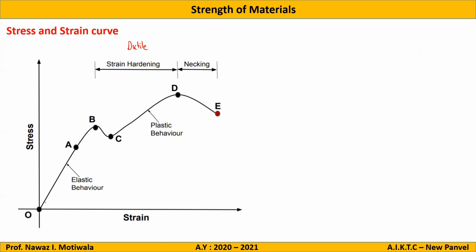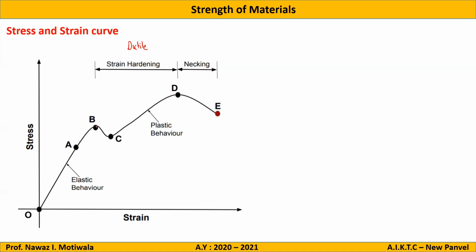Now, for a ductile material, as you can see, as the load goes on increasing, the stress and strain behave linearly. So in this region O to A, the strain and stress are directly proportional to each other. Now, as the load goes on increasing, you can see here it is increasing, but not proportionally. Stress is increasing, but it is not proportional to the strain. Then again, this region from B to D is known as the strain hardening region.